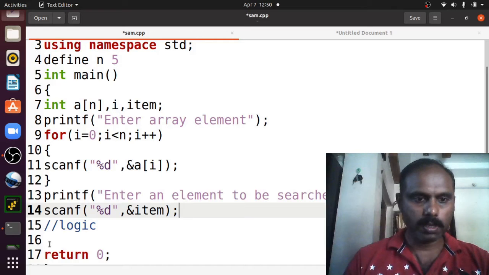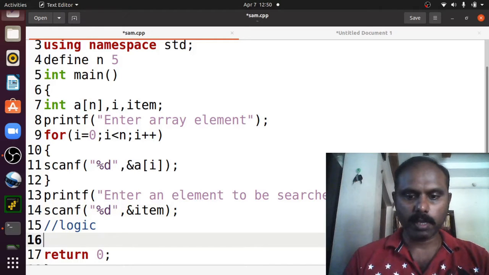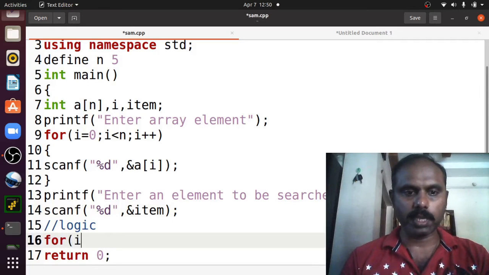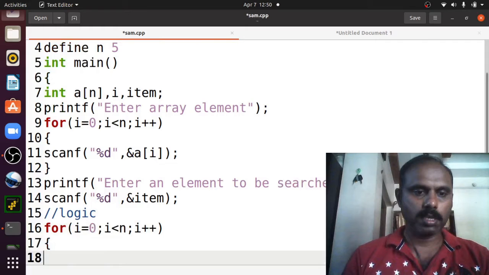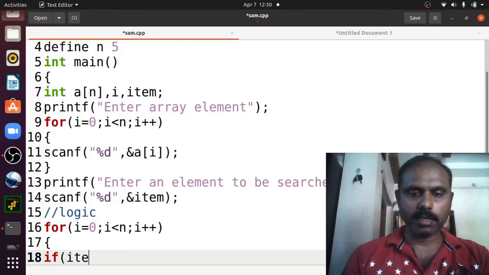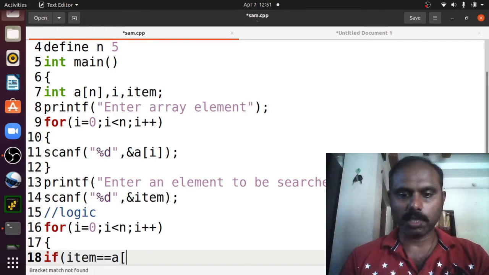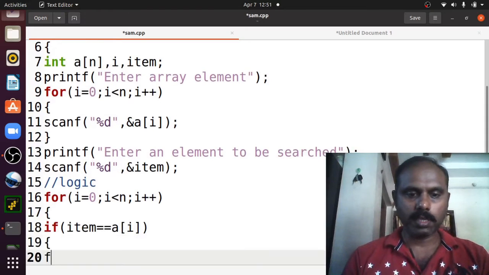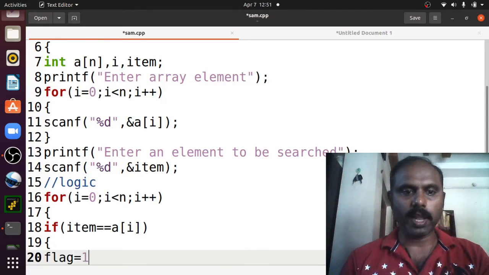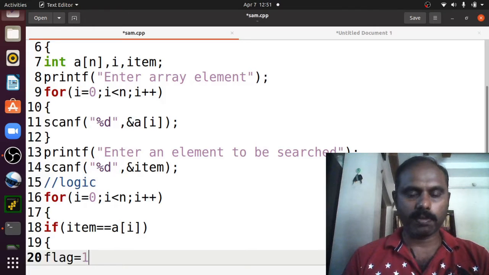Now my logic will be, I have to search whether an element is present in an array or not. So I require an index i ranging from 0 to n and i plus plus. Now I will check whether this item is present in an array or not. If it is present, then I will change the value of a flag.